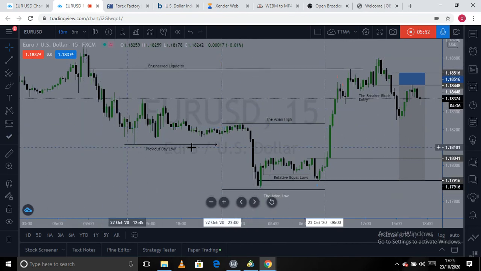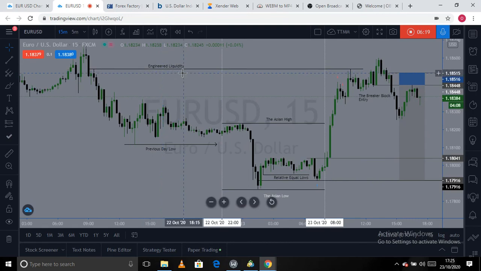Firstly, we took out the previous day's low. Then we retraced, we took out liquidity resting below the previous day, we dragged them up. I dragged them from here. That was the buy, you can see. Then I took profit here. So the things you need to know from this trade,